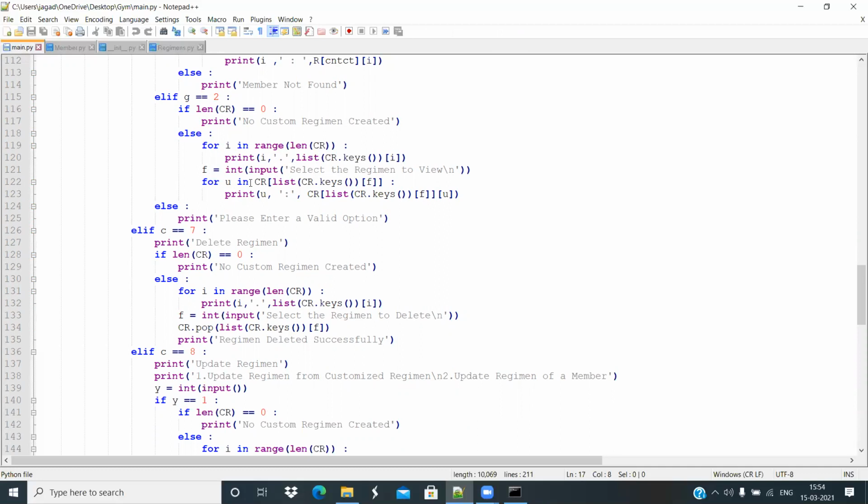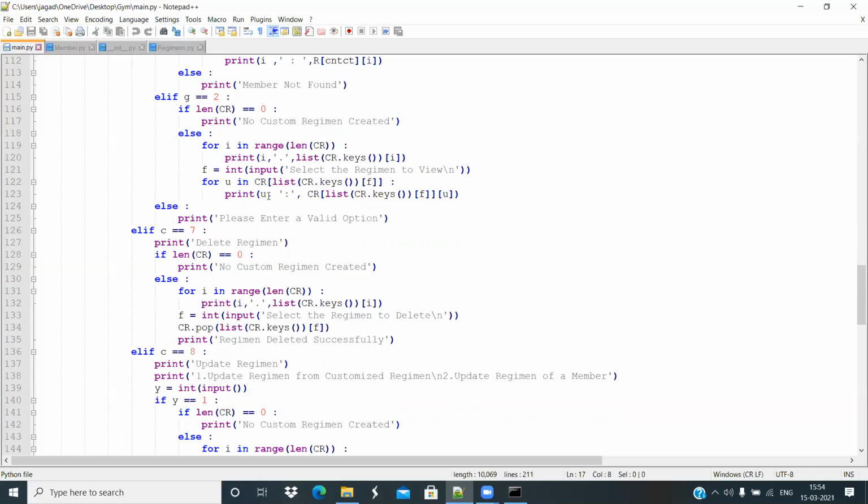And for U in CR of, so CR dot keys, is the list that contains all the plan names, and F is the value that we enter, and CR of that value is actually a dictionary.